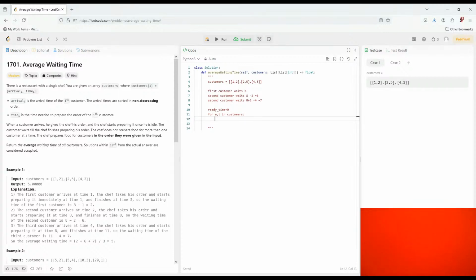So what we're gonna do, we're gonna say if ready time is more than arrival time, we have to calculate the wait time for this customer. And we can say that the wait time for this customer will be arrival minus ready time plus